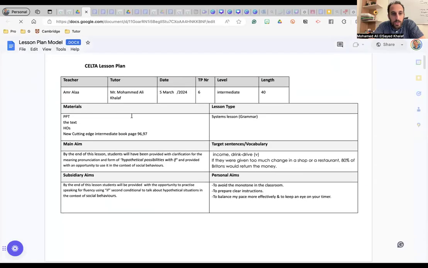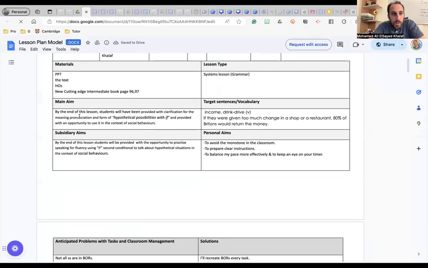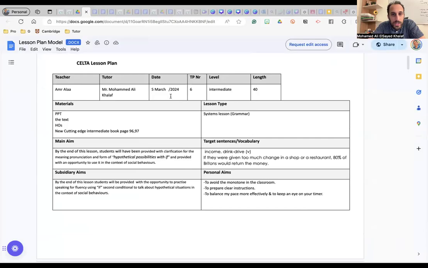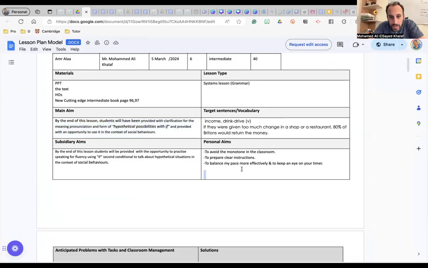Okay, so I was the tutor here. So Amr, main aim here was clarification of meaning, pronunciation, and form of hypothetical possibilities, grammar. And sub-aim, personal aims. So personal aims in TP6: the teacher should get them from the feedback of TP5 to avoid monotone in the classroom.